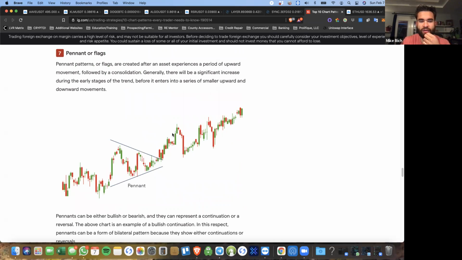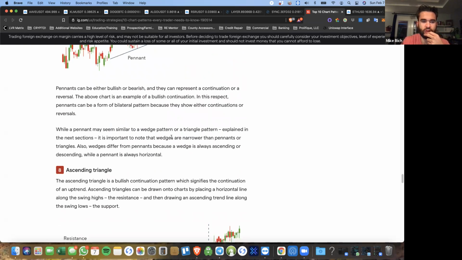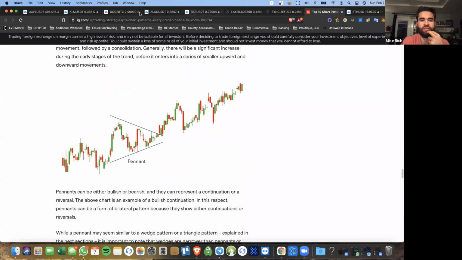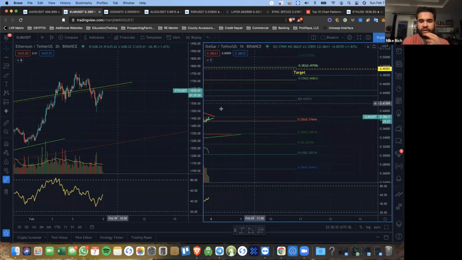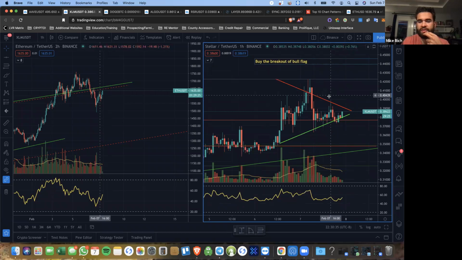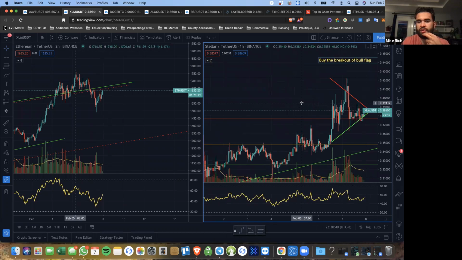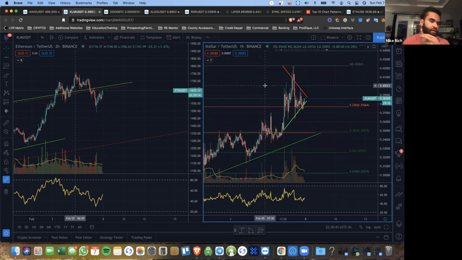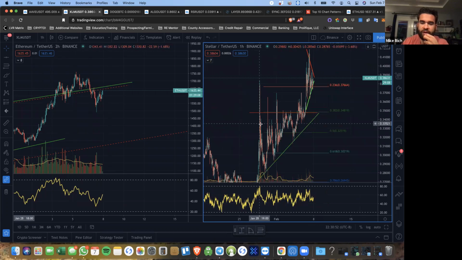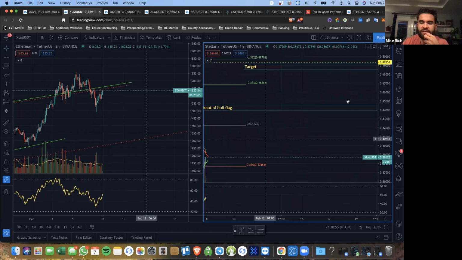Pennants or flags, I don't need to explain this. We already know it's a continuation pattern. Usually they can be bullish or bearish, continuation or reversal. So let me show you XLM right now. You guys see this chart? This is pretty close to a bull flag, or bullish flag pennant, if it were to break out, since this is an uptrend for Stellar. If it were to break out and break past the red line,